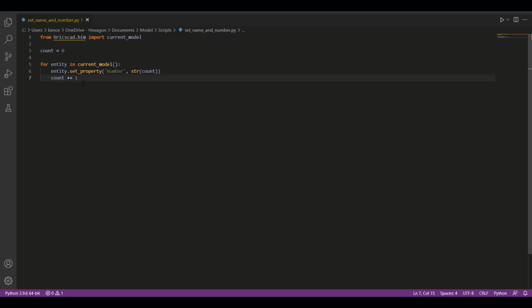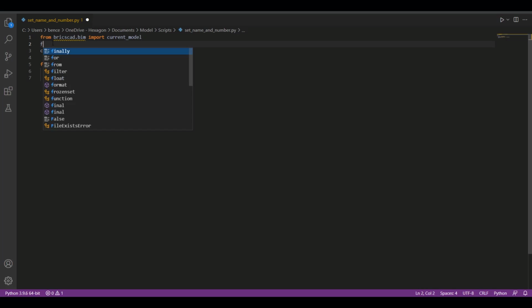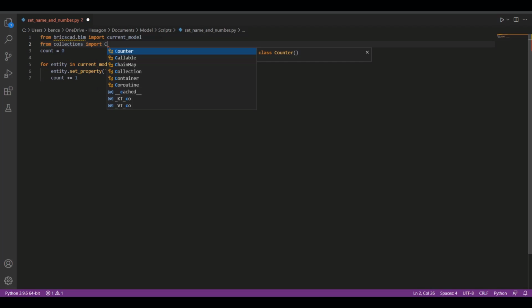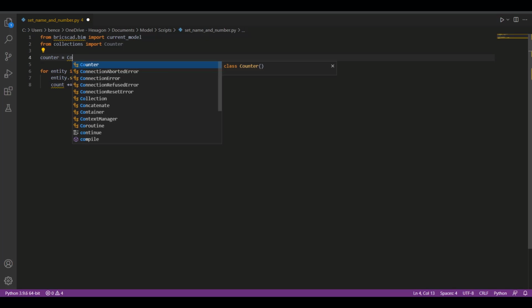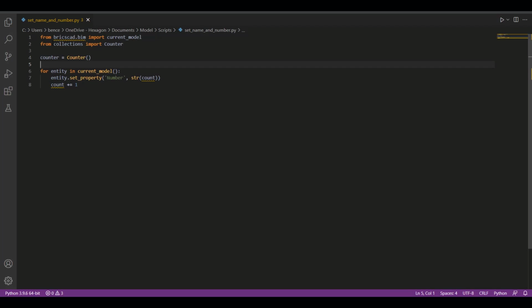For example, we might want to restart the count per each BIM type and per each floor. To do that, I will use special counter objects from collections. So we don't need this anymore. Let's initialize the counter here. And first, let's get the BIM type of the entity. So BIM type equals entity.get property type,